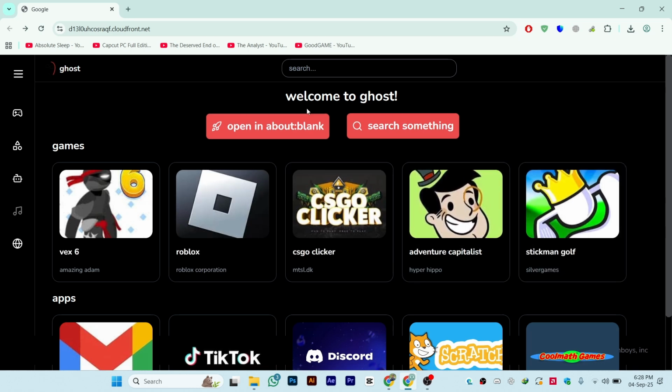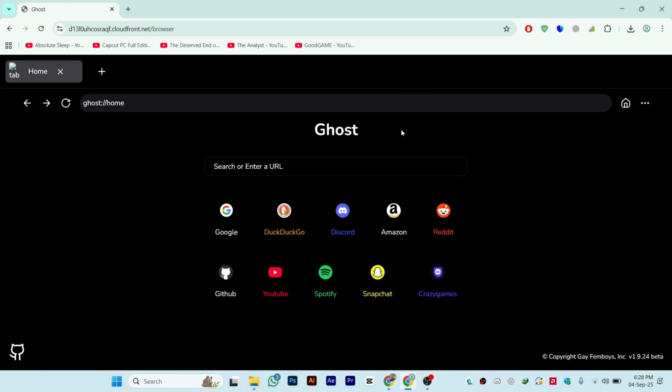So once you see this interface, just click on search something, and once you go to search something, make sure that you have a good internet connection, because this is a kind of proxy and it might slow your internet speed. So make sure to have a good internet. And once you are at this page, just go to the search bar and search your